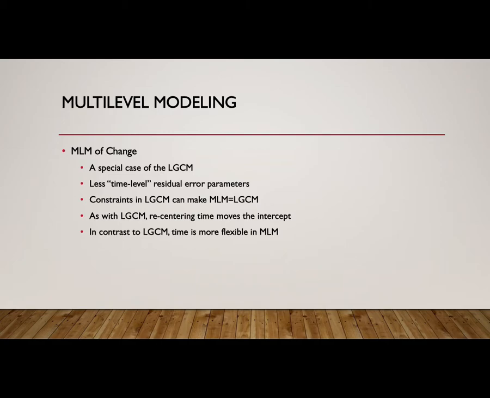Yeah, so, wait, rephrase your question for me. I'm not sure if I grabbed it. So there's an autocorrelation between the time 1, time 2, and time 3 variables. Yes. And in LGCM that is taken care of, I think. Say that again. In LGCM it is taken care of, the autocorrelation between time 1, time 2, and time 3. Because they are autocorrelated, and do we model them in MLM as well? Yes, so